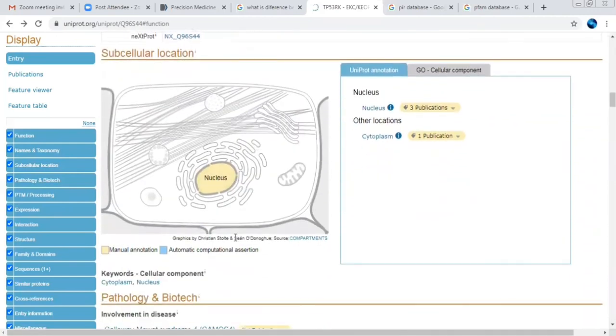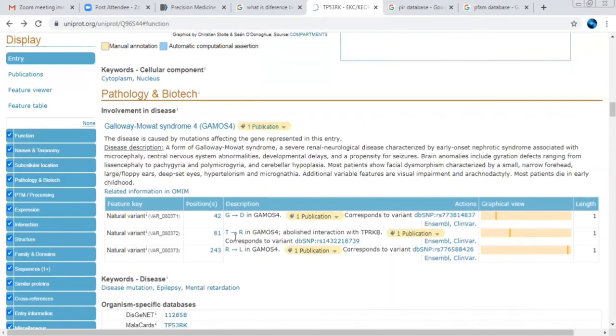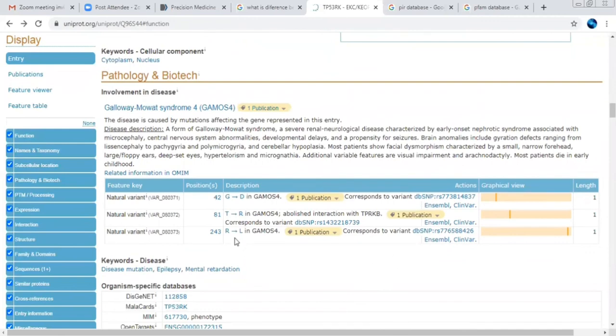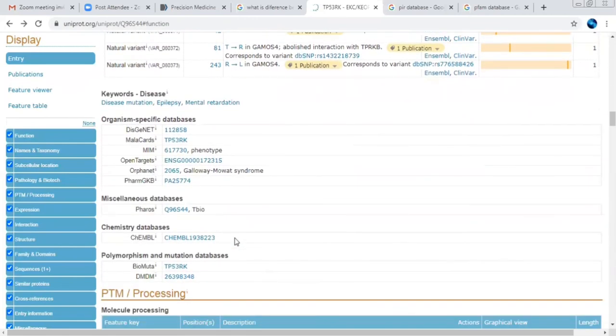Subcellular locations have also been provided to you. They will provide you some pathological and biotech data, and other organism specific data. So whenever you visit this particular UniProt database, you are getting such a huge number of data sets with respect to other linked databases.